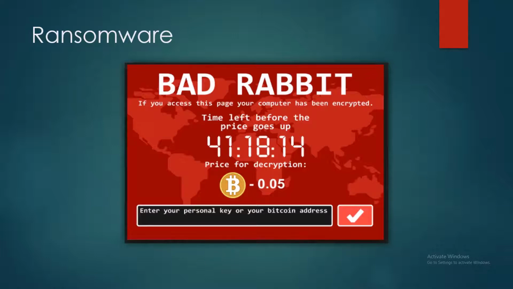In this case, Shrimala will not be able to use her systems unless she pays a ransom, which is a screen like this. It says your system has been encrypted. Only if you pay me 0.05 Bitcoin, I'll give you a decryption key, which you can use to decrypt your files and start using them. It means it's a ransom. I'm holding you ransom for your own systems, for your own information, right?